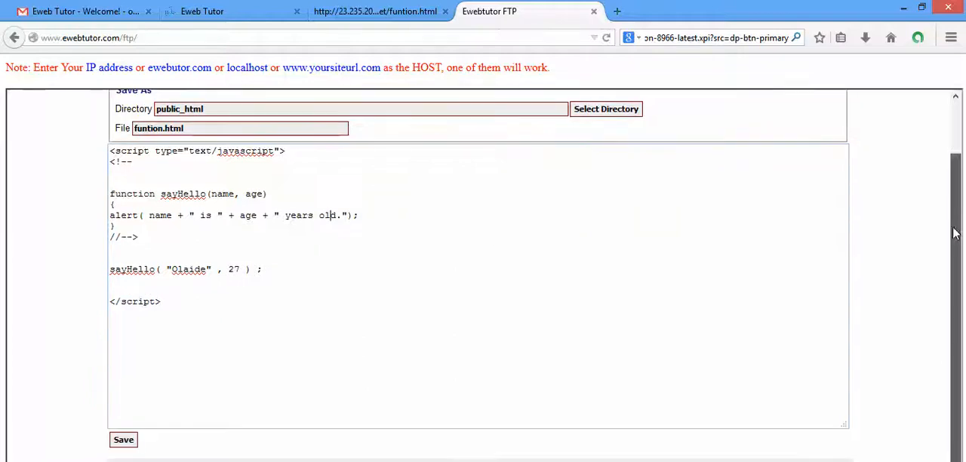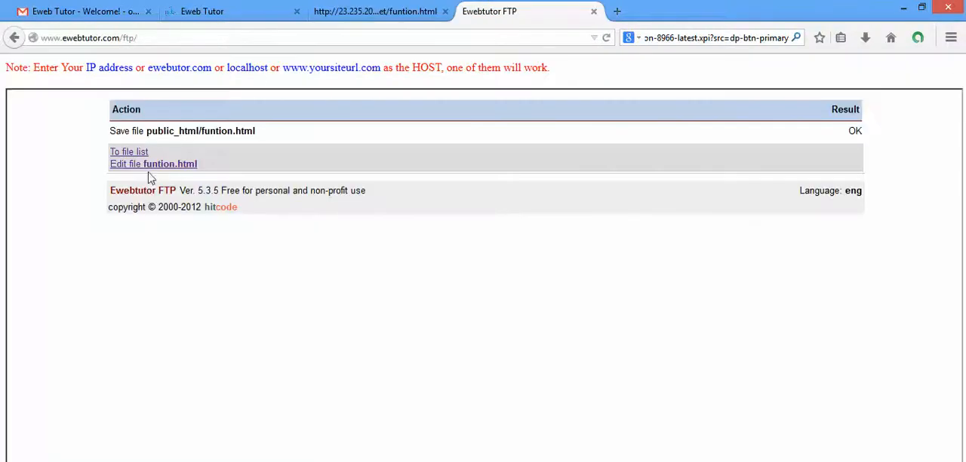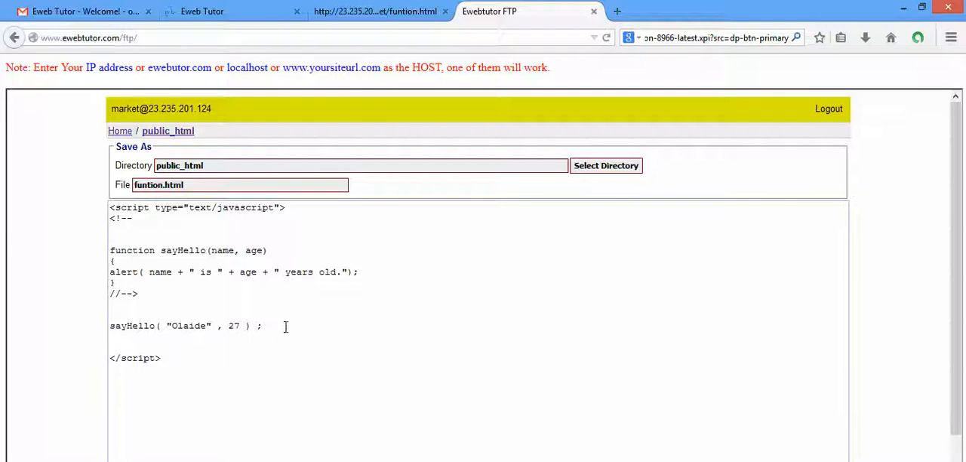So let's save this now, and let's refresh our page. Can you see Olaide is 27 years old? So whenever I want to change the name of the person that is displayed, all I need to do is, inside the parameters that I pass in when I'm calling the function, edit the name there,